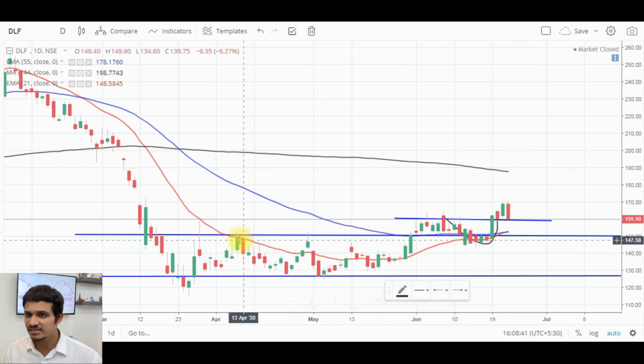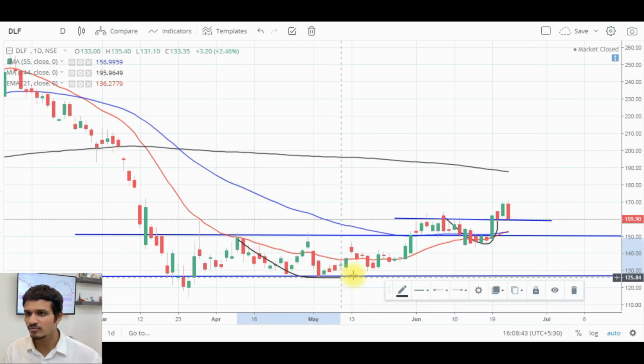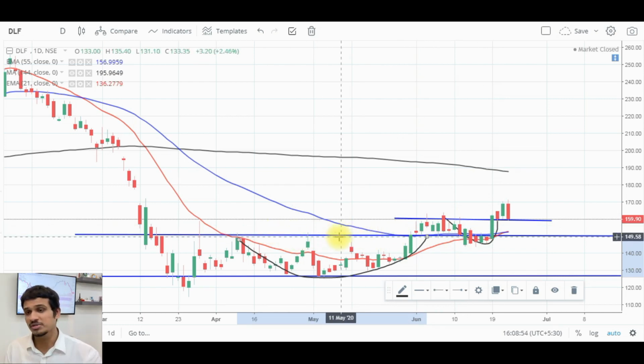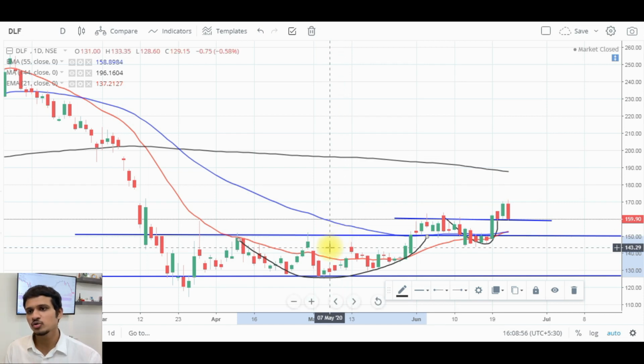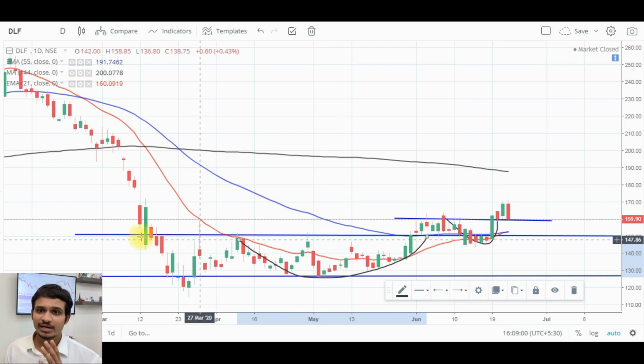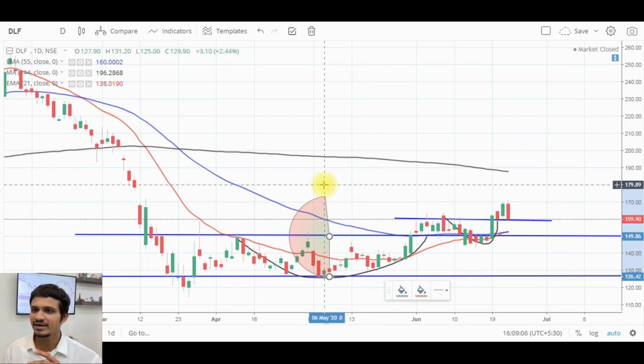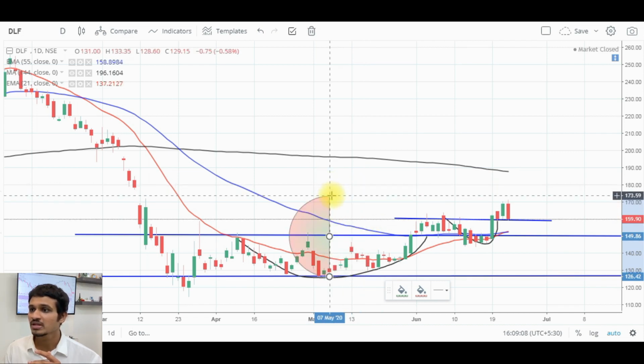And here if you see, friends, the price has been making a rounding formation, and recently we see a retest of the previous resistance, which was the apex of this rounding formation, you can call it. So if we try to project the target, we can do this in this manner. If we project this depth in the upward direction, we get a projection of around a price level of around 173.